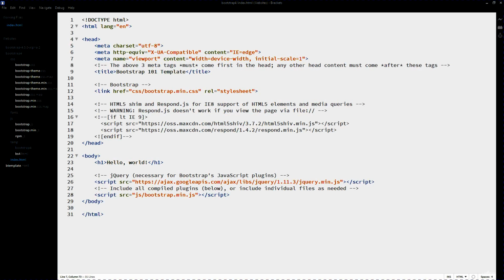but by default, and what we've got here when we're linking to Bootstrap here is that we're linking automatically to that minified version. So we've got a link to Bootstrap here within that default template that we built out, and it's linking to the minified version, and the same thing with JavaScript, linking to the minified version of JavaScript. And then over here we've got a link to jQuery because jQuery is necessary in order to run the JavaScript functionality in Bootstrap. And of course, if you're not using any of that functionality, then that's not going to be